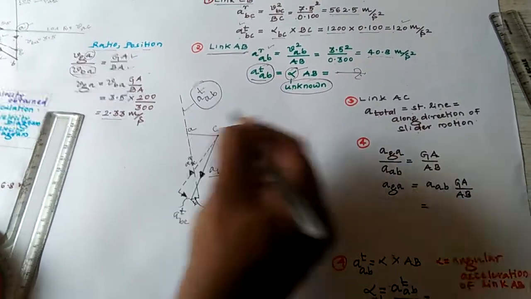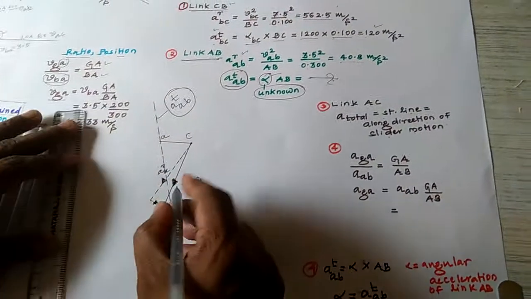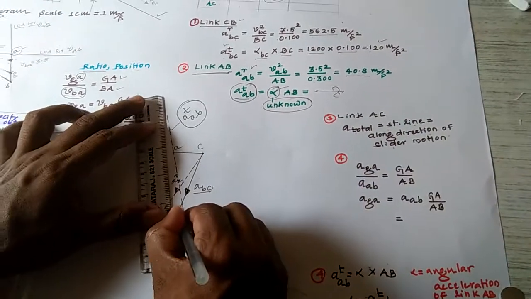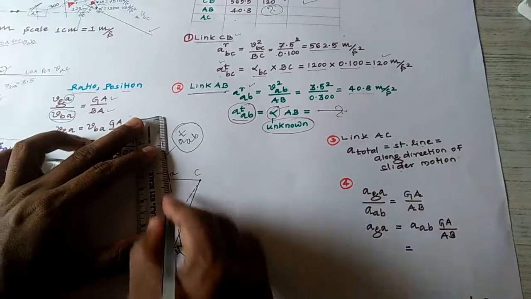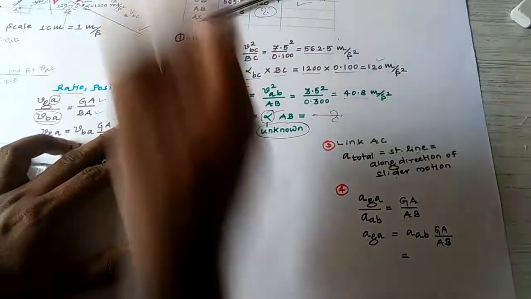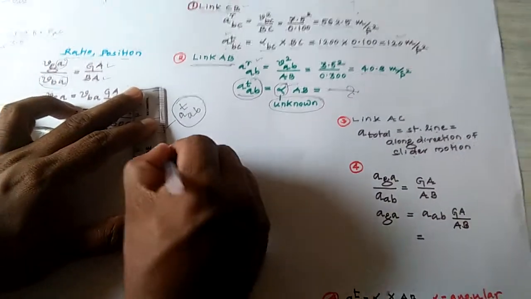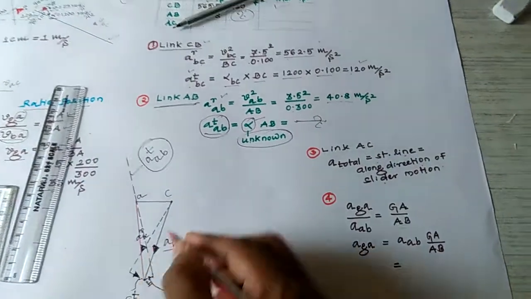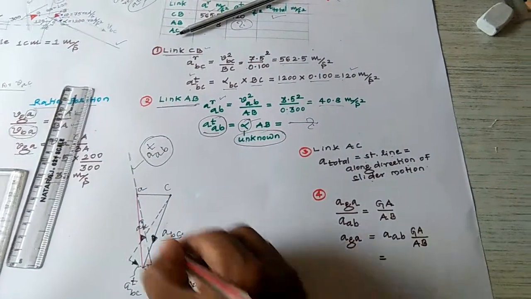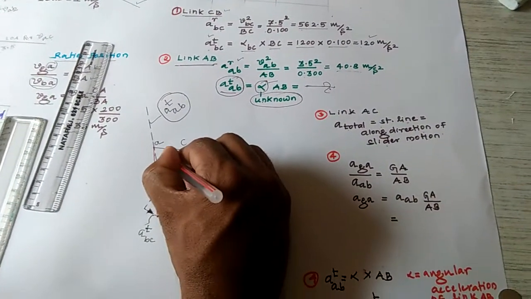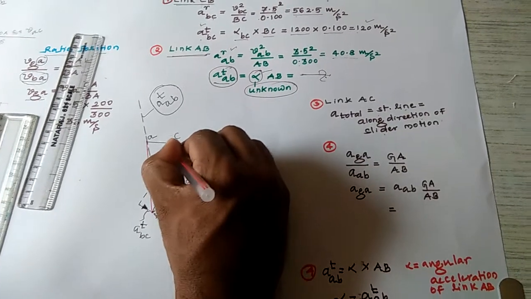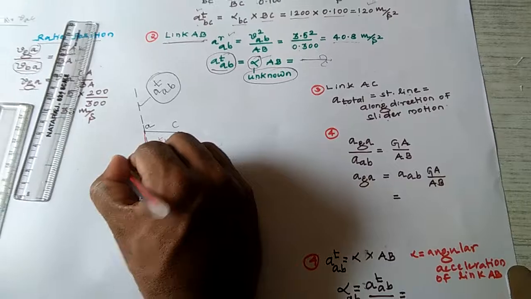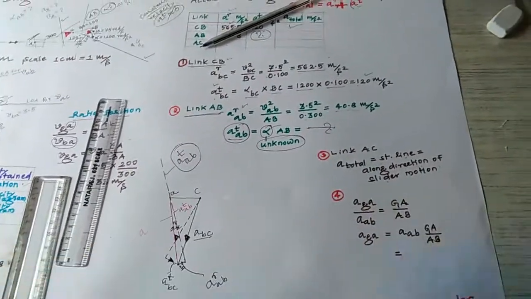Then you have to draw this also. This direction is this. The tangential you got as new. Then you join this one. Clear what I'm saying? I will take red to avoid the confusion. What is this? This is a radial. This is nothing but the tangential of AB. This becomes the total acceleration. I will go for the direction.